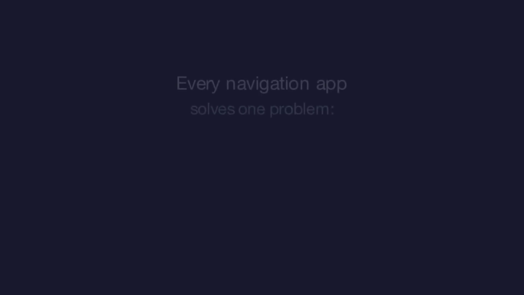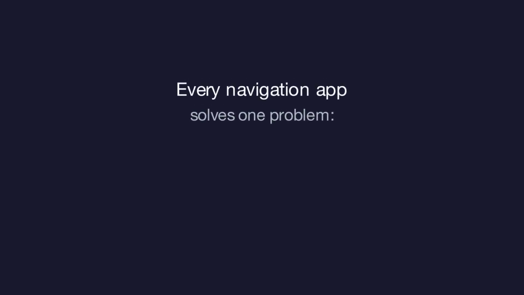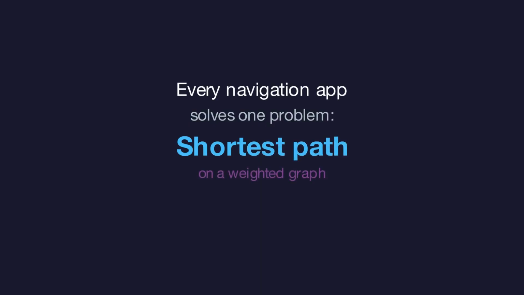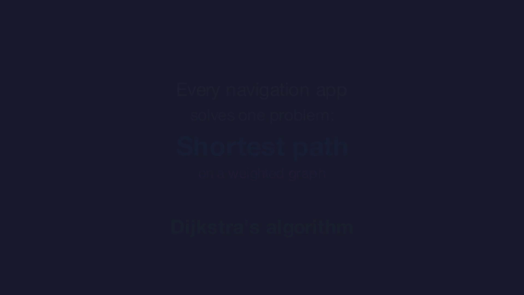Every turn-by-turn navigation system, every game that finds a cheap path across a map, and countless network protocols are solving the same abstract problem. They need the shortest route from a starting point through a web of connections where each link has a cost. That cost might be minutes, miles, milliseconds, or money. The algorithm that powers most of these systems when weights are non-negative is Dijkstra's algorithm. In this video, we will build intuition, walk through a full example, and see how to implement it with a